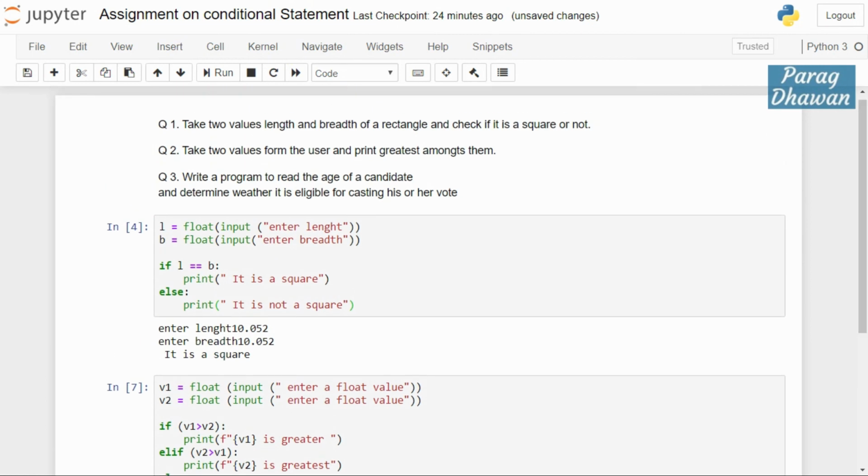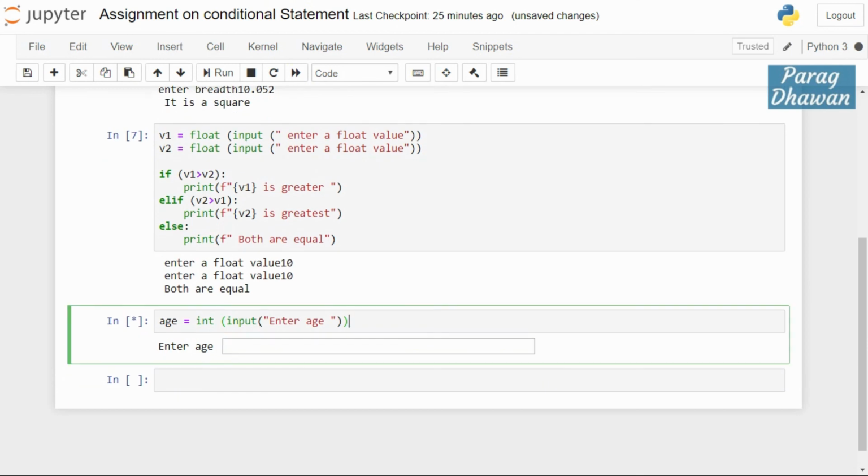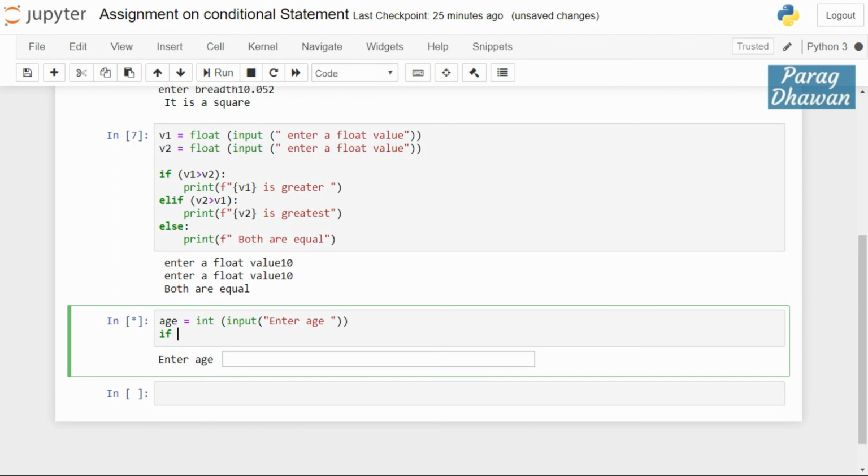Last question, write a program to read the age of a candidate and determine whether he or she is eligible for casting his or her vote. We take the age is equal to int, typecast it by input, prompt the user, enter age, user will enter age. What we will check? We will check if age is greater than equal to 18,